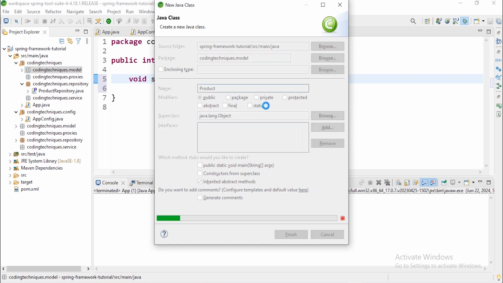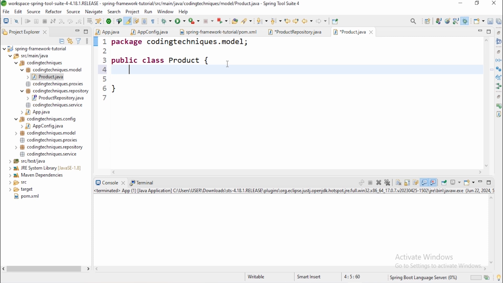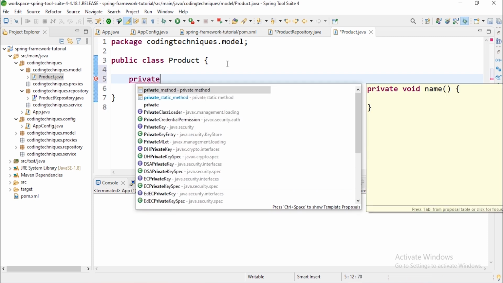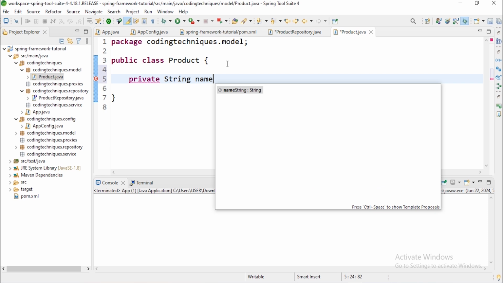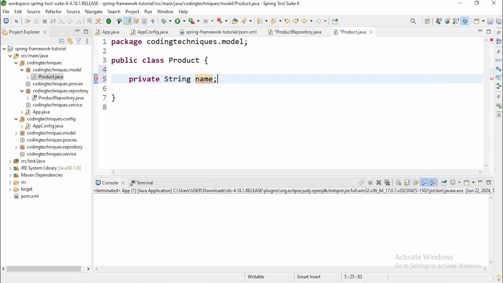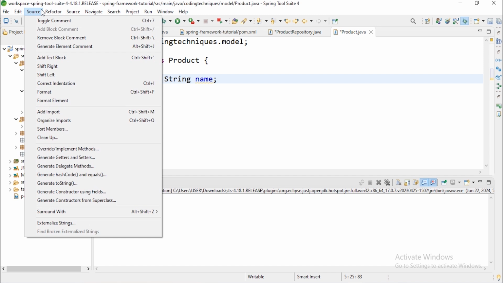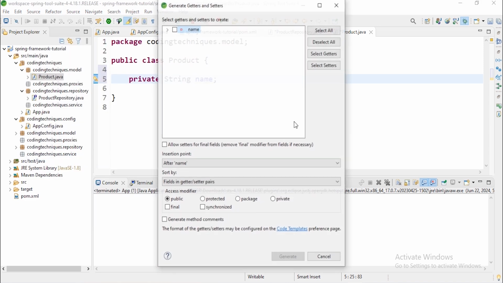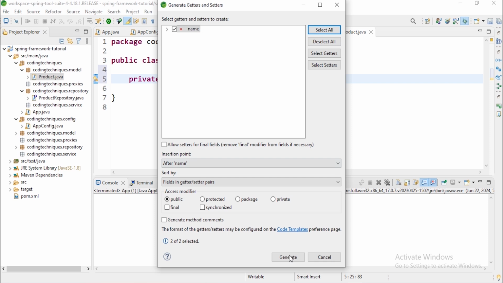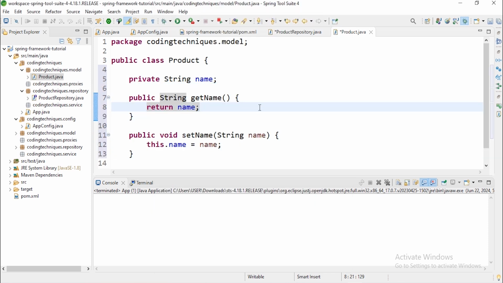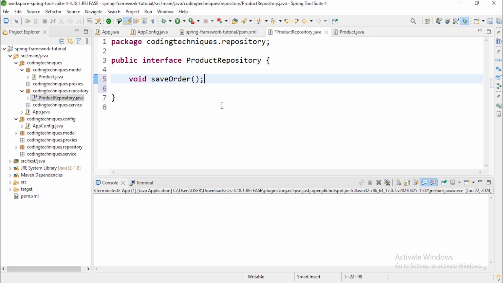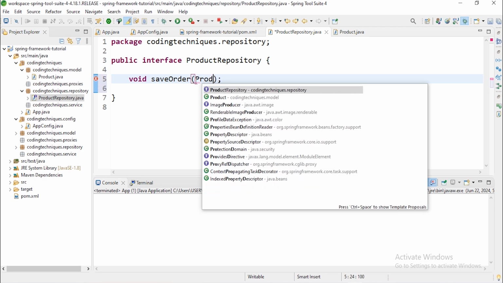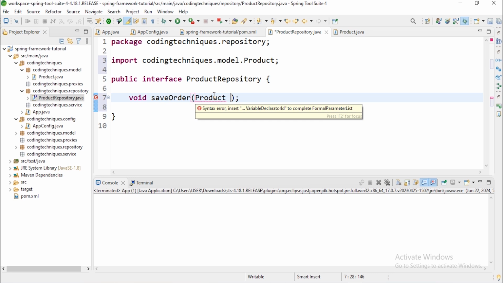Product. It will have a private String name of the product. That is the only thing we will need here. Source, generate getters and setters for this. Okay, let's save these changes and add this as the product. So the next thing, we will have this product repository